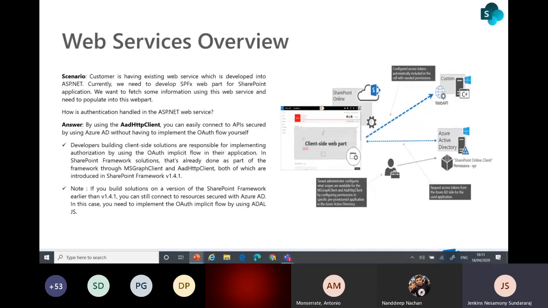Okay. Then the second part, we go with the web service overview. Whenever you go for web services, we have another thing also, that we have Graph APIs, REST APIs, right? There are three things. The web services are all developed using ASP.NET Web Services. When you go for ASP.NET Web Services, before SharePoint version 1.4.1, they were not supported directly.